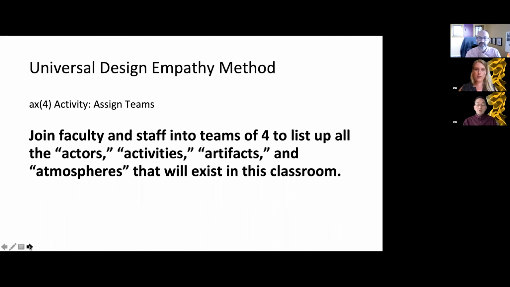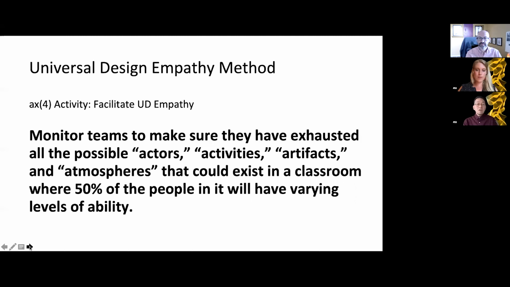And so you want to make sure that you monitor these teams of faculty, right? You want to make sure that they are exhausting all the possible actors, right? You want to make sure that they're not just going to come up with teacher and student in their list of actors. They have to provide a huge list of all the different types of students, all the different types of faculty, teachers and assistants and helpers that will be in that classroom, and list more specifically who